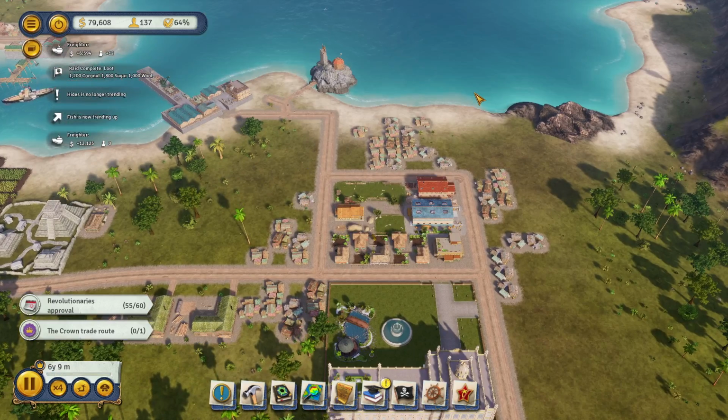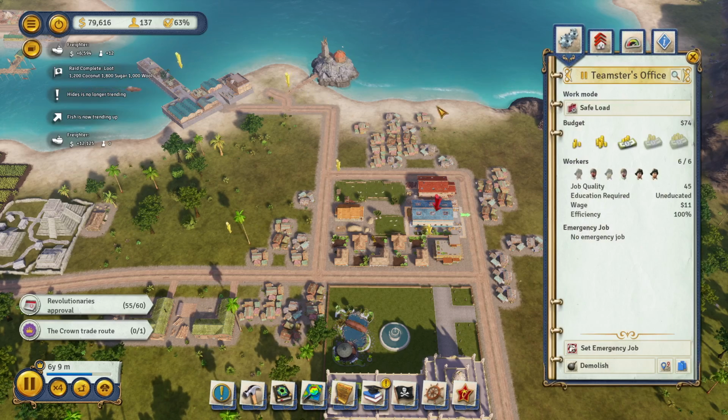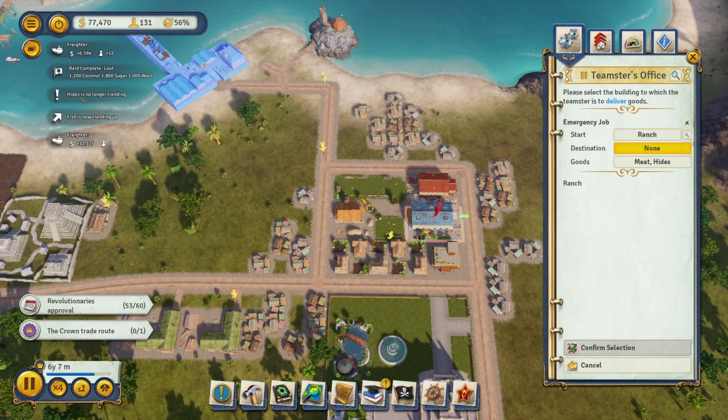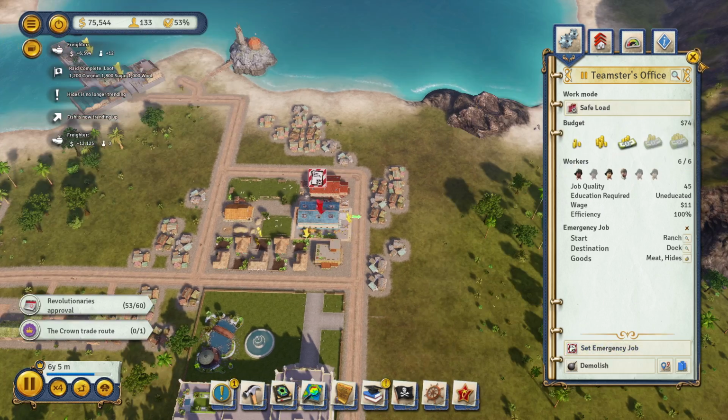Now, here's something new they've added since my return. Well, before my return to Tropico 6, since when I first started playing it. And that is these set emergency jobs. So I want to get hides to the port as a matter of priority. So I just clicked on both of those, my start and the end, which is the ranch and the dock. And confirm that. So then my teamster is going to...